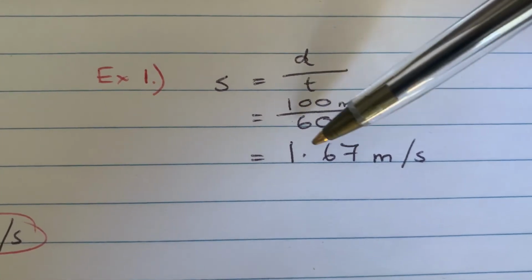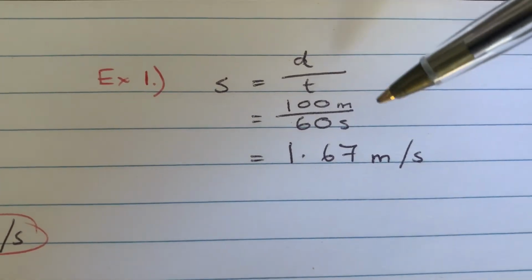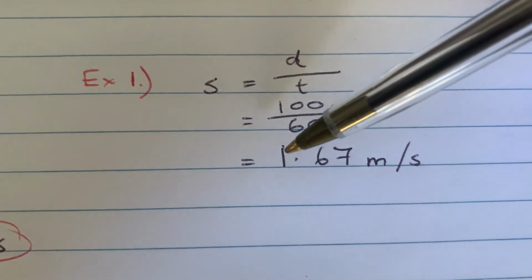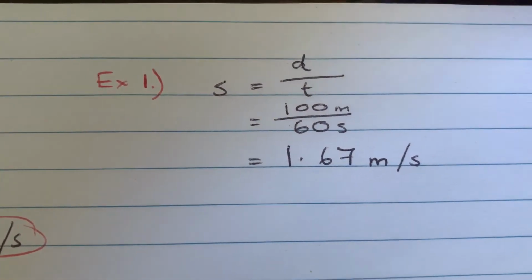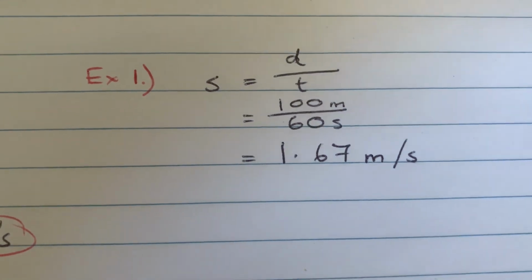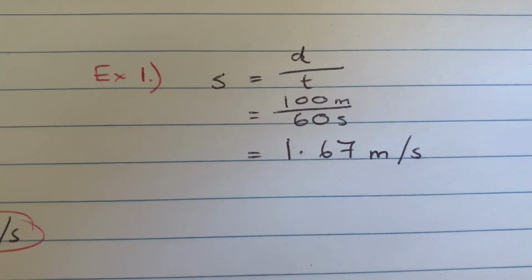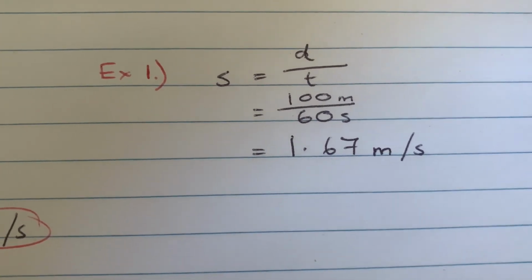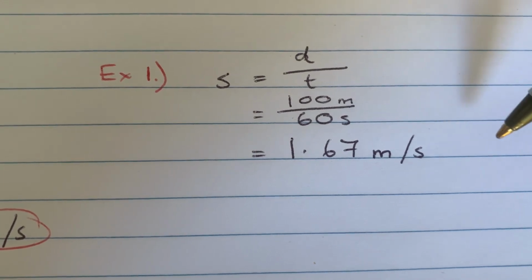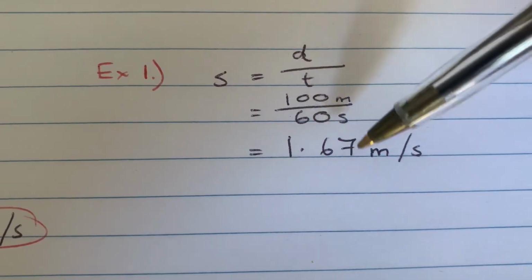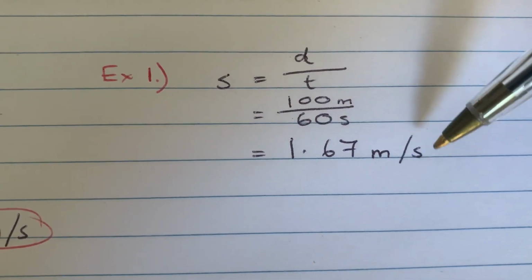And when you pop that into the calculator, you do get 1.666667 because it's 6 reoccurring. As a good rule of thumb for this unit, we'll work with 2 decimal places. Unless the question tells you otherwise, sometimes it will say correct to 3 decimal places, for example. If it doesn't say anything about decimal places, assume correct to 2 decimal places. So if you've got a number of repeating numbers in decimal places, keep it to 2. So this one will be 1.67